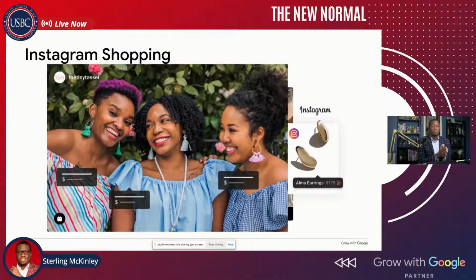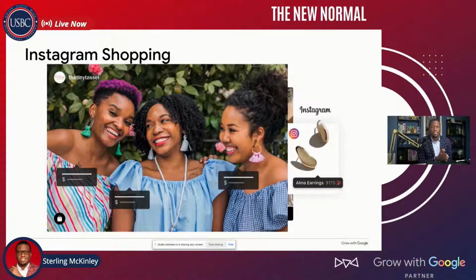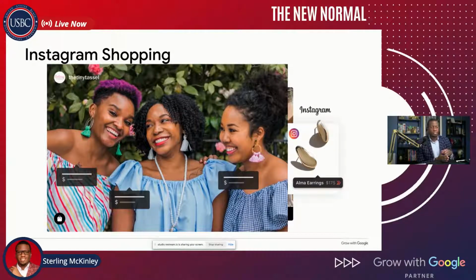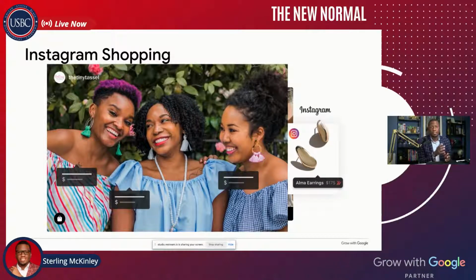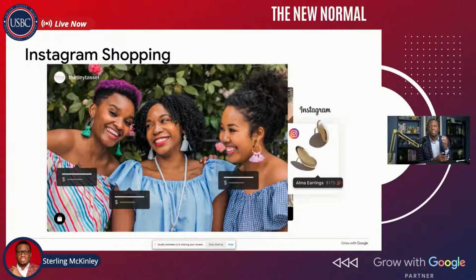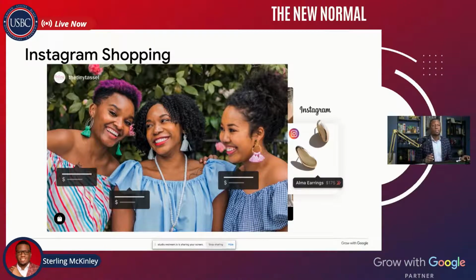So once again, we said this earlier, it's all about ease of use. So if I can scroll through your page and I can see something that I like, I can say, hey, I want to buy that. I can click on that picture and I can buy that item. Once again, ease of use. Don't make somebody think. Don't make them leave the platform. I can click that platform. I can call you for service. If I can buy a product, that is so key.